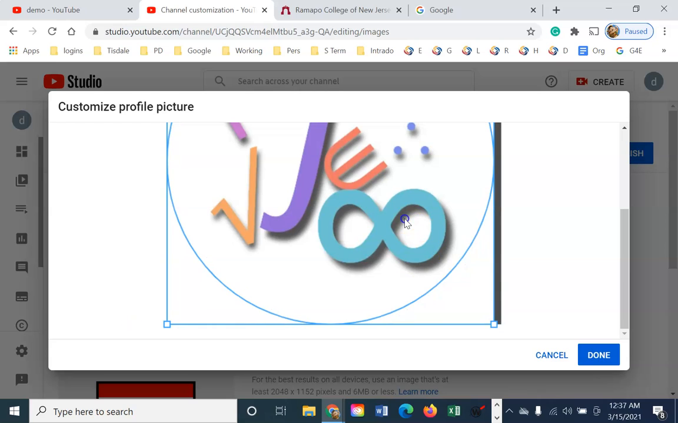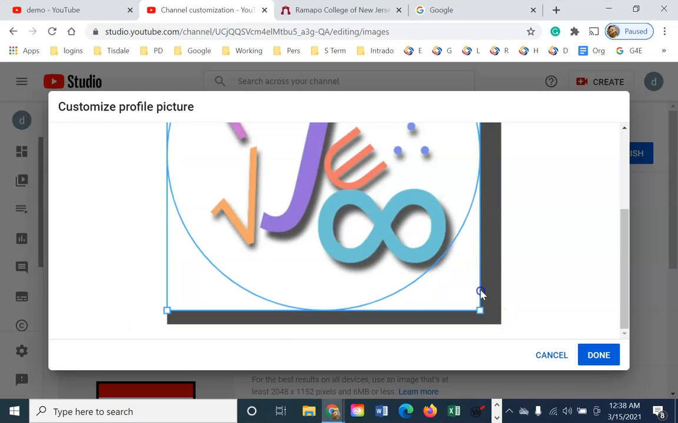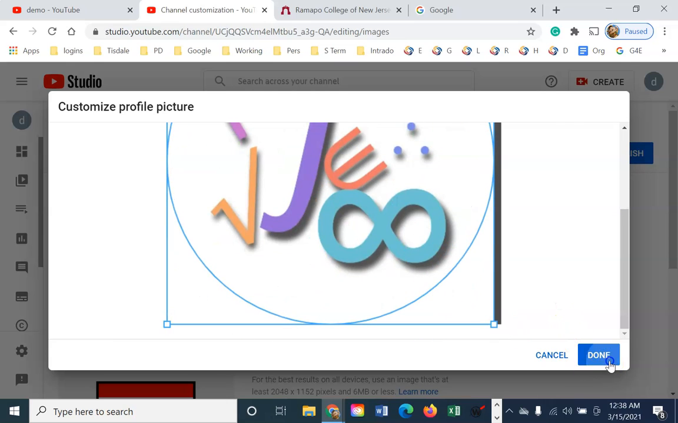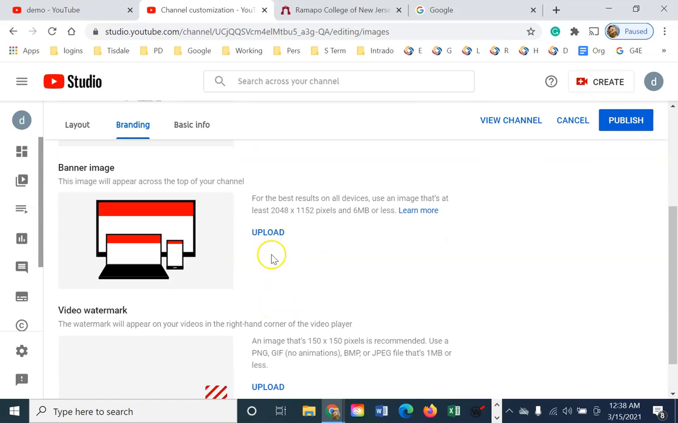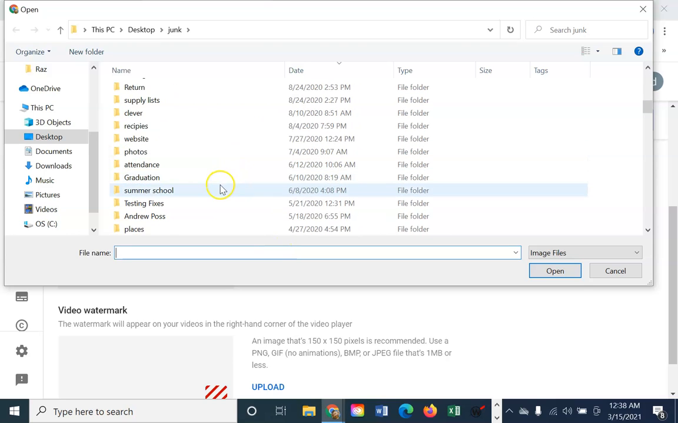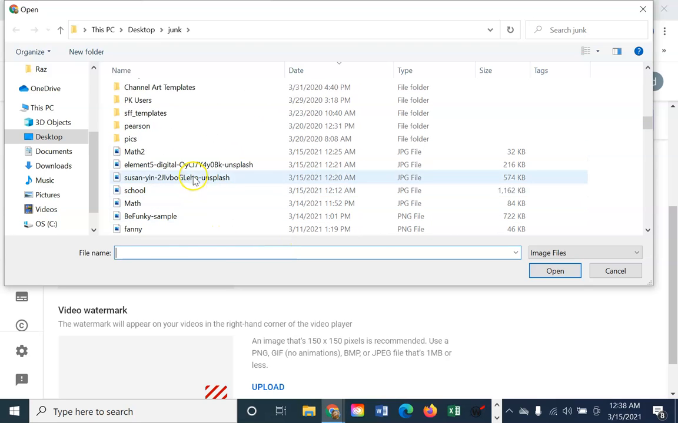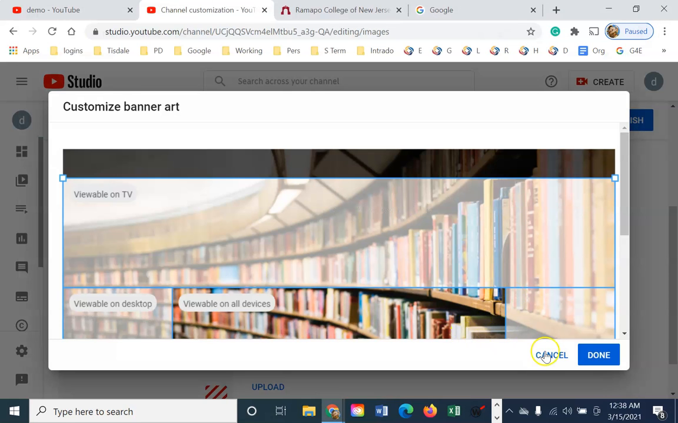So, here we go. I'm going to say done, and that's what my profile pic will look like. And then for a banner image, it's the same type of process. Once you have an image loaded down that you want to use, you just upload it basically. Now, note that a YouTube image or a banner is kind of funny in the fact that